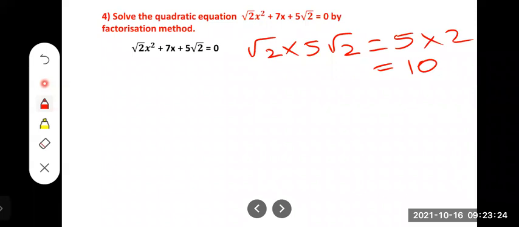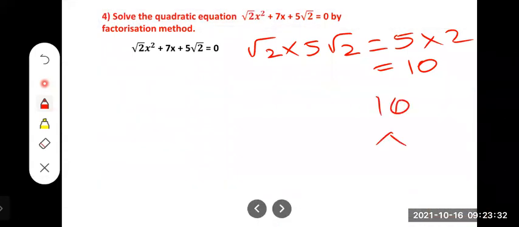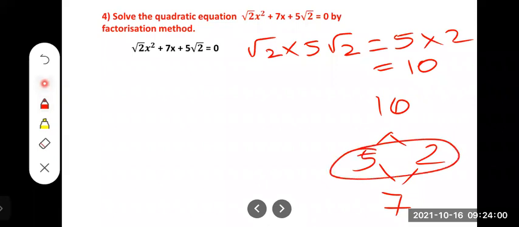Okay? Yes. Now, when you are multiplying, you have to get 10. When you are adding or subtracting, you have to get 7. What are the two numbers? Clear, children? See, when I am multiplying, I have to get 10. When I am adding, because here both the signs are plus, we have to get 7. So what are the numbers? Yes. So here 5 has to come and here 2 has to come. 5 2s are 10. So these two are the numbers. See, 5 2s are 10. 5 plus 2, 7. Clear, children?